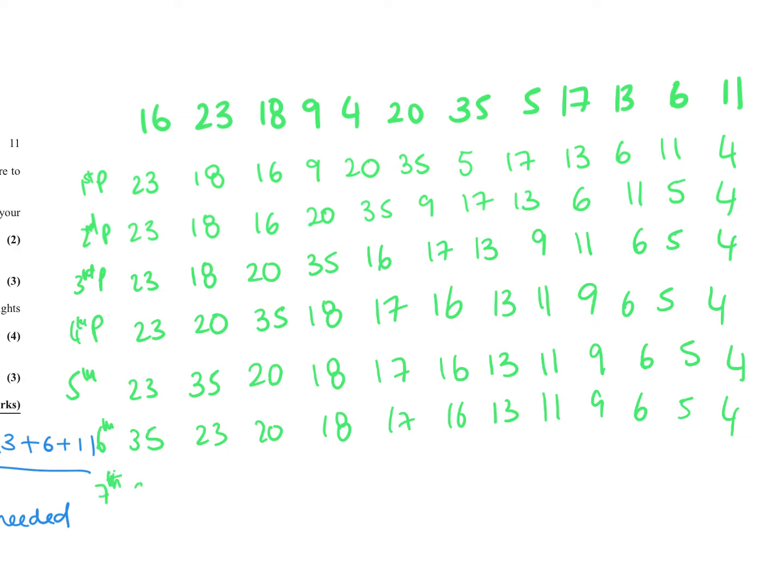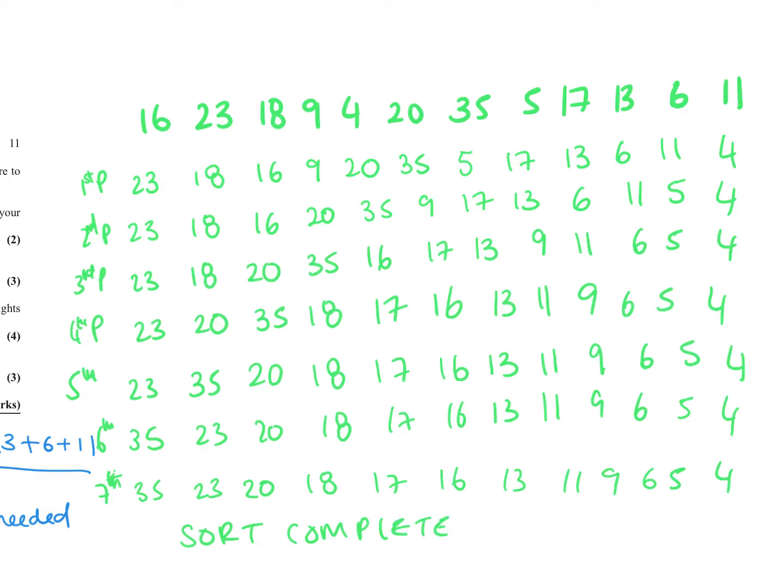35, 23. 23, 20. 20, 18. 18, 17. 17, 16. And so on. Did we swap anything? No. Sort complete. Guys,